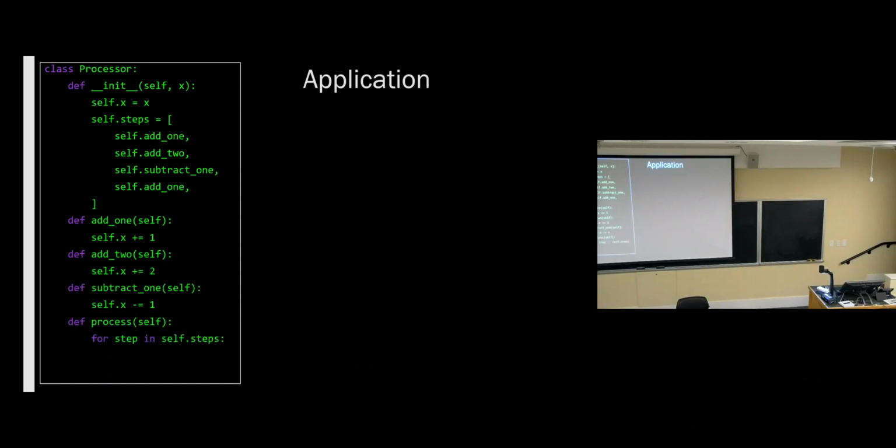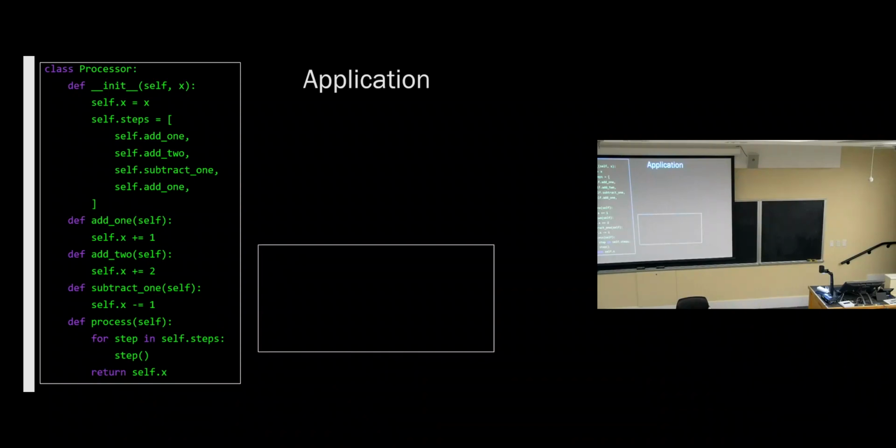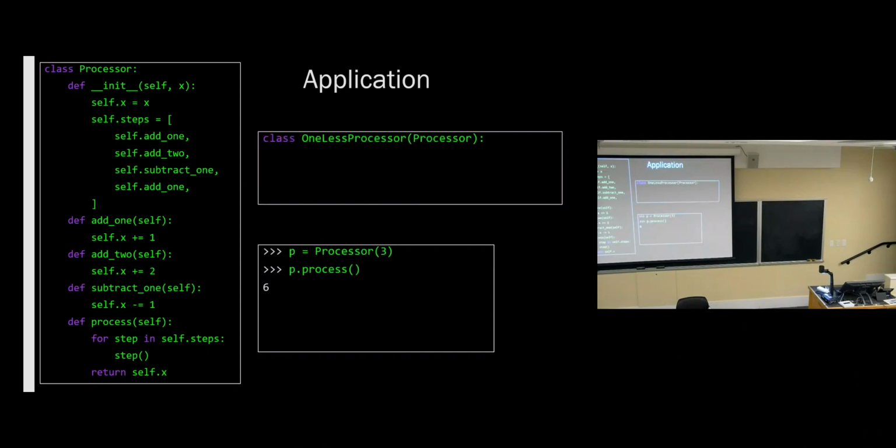And then you define one kind of actionable method here, and that's, we named this class processor, so we better have a process method. And that process method is then just going to loop through those steps and call it. And this is cool because it works really well in combination with inheritance.